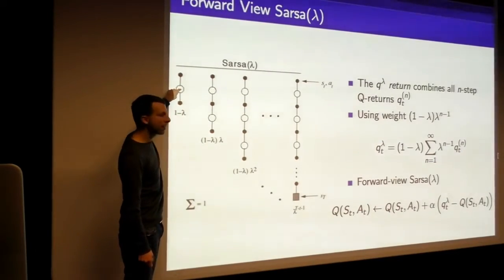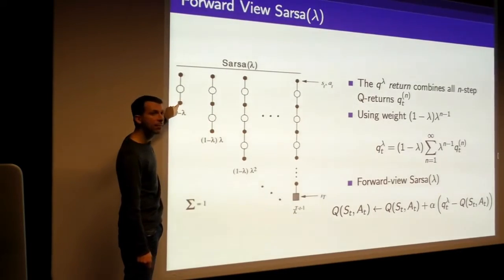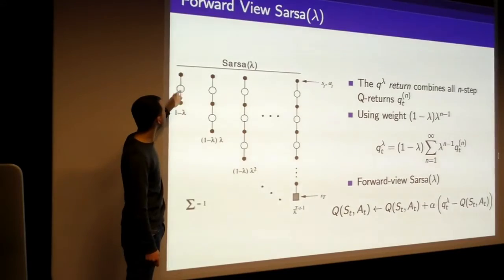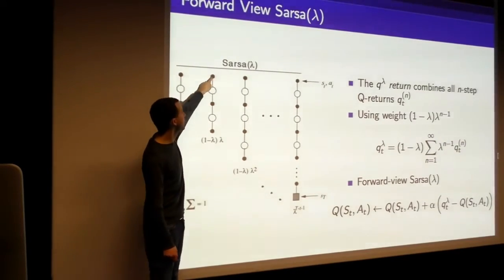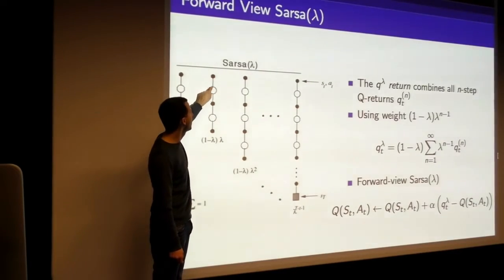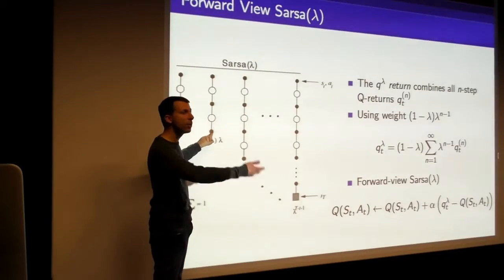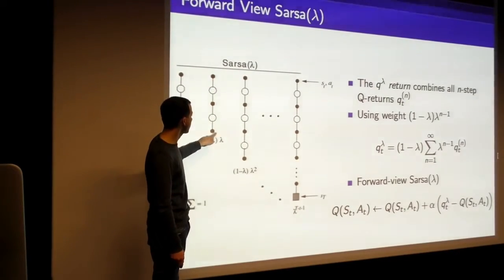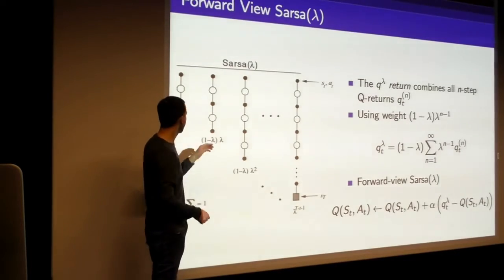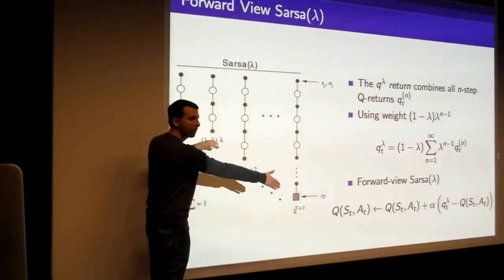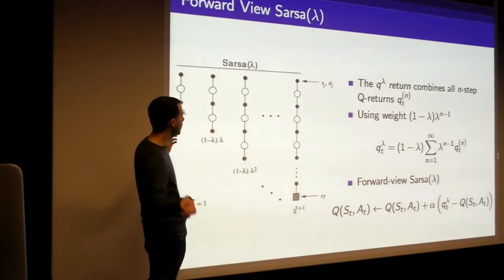The environment pushes me to this state. I take some action, and then I estimate my Q value here. We're going to weight this particular return by 1 minus lambda. We're also going to say, what if I start in this state action pair? The environment picks a state, I pick an action, the environment picks a state, I pick an action. We look at the Q value, add up the rewards along here, plus the Q value at the end, and weight this by 1 minus lambda times lambda. So each time we multiply by another factor of lambda. This 1 minus lambda just normalizes the whole sum to add up to 1.